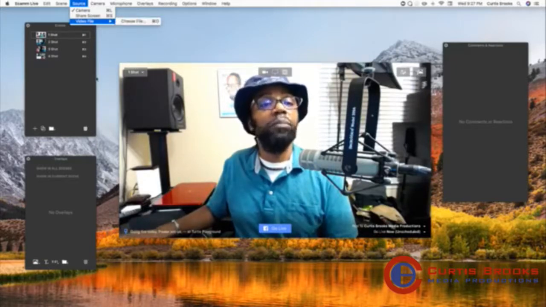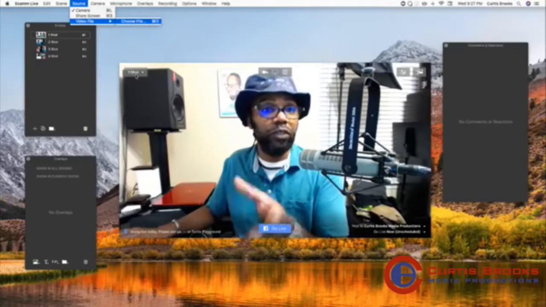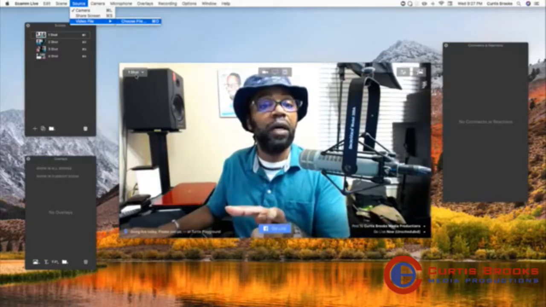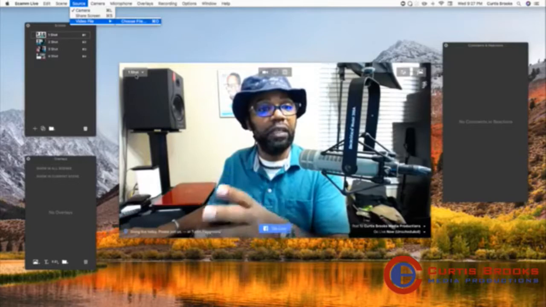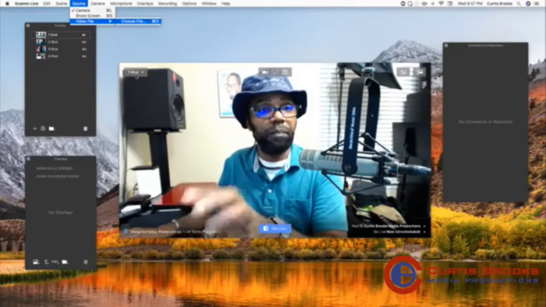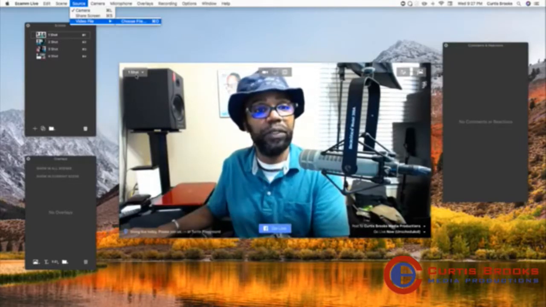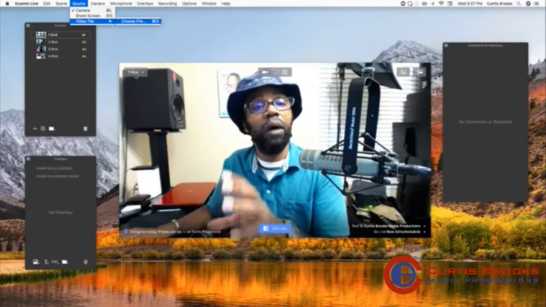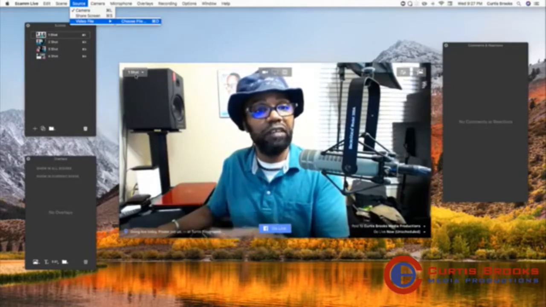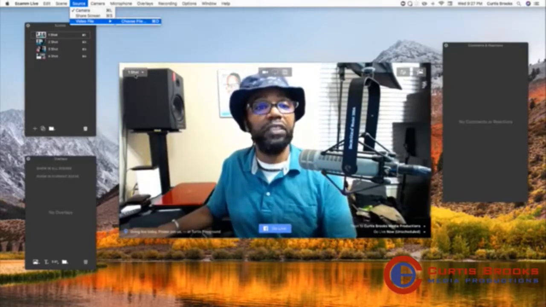So if I want to bring in a video file, I can use the shortcut key Command O, and it would give me the option from my videos that are on my computer to select a video, and then that video would be listed here.